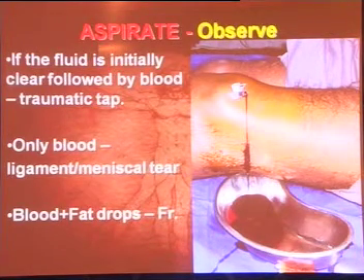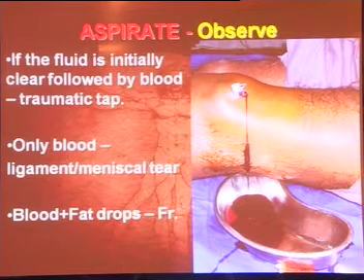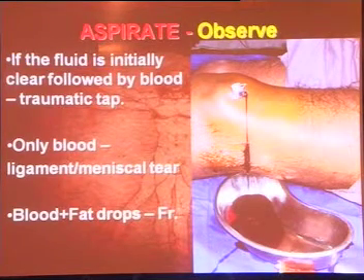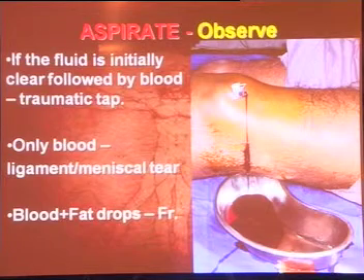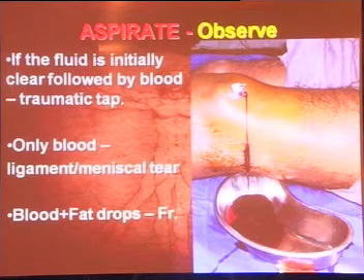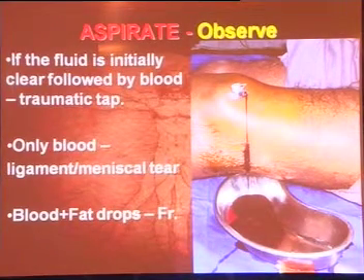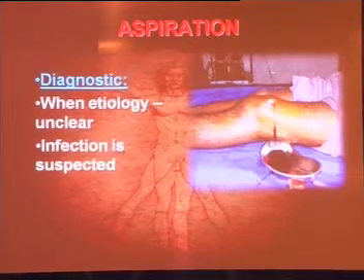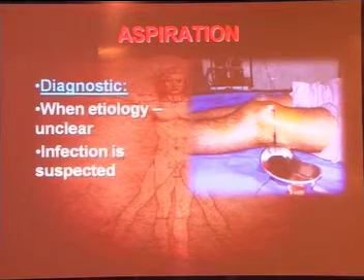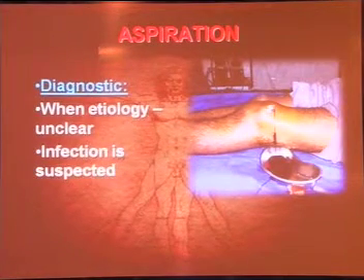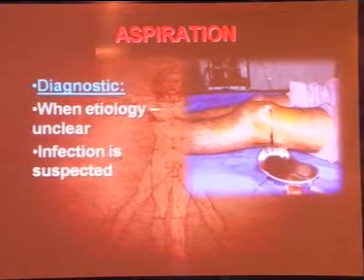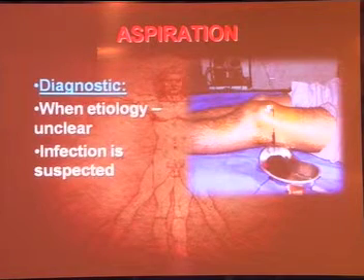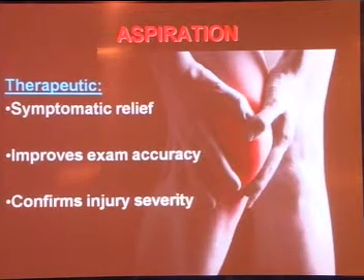And if it is mixed with fat droplets, that means there is a breach somewhere in the chondral area, that means the bone marrow has come and mixed with the blood, leading to supernatant fat globules on the kidney tray. So aspiration could be divided into two. First is diagnostic, when the diagnosis is not sure, and if you are suspecting some sort of infection. And it could be therapeutic for symptomatic relief in very tense